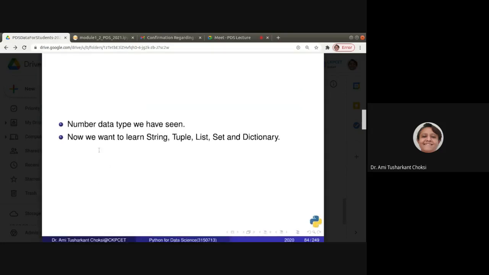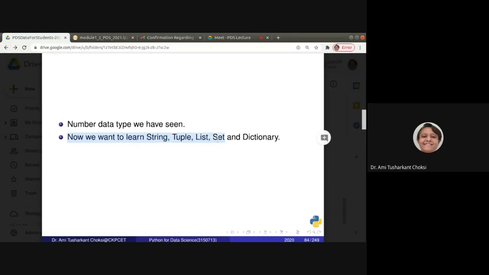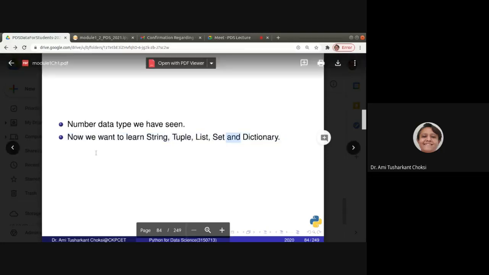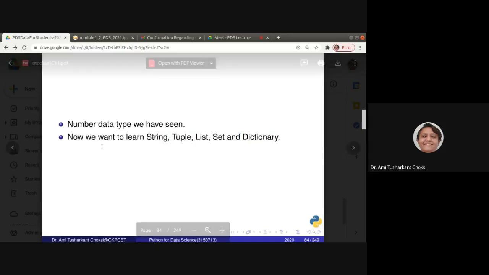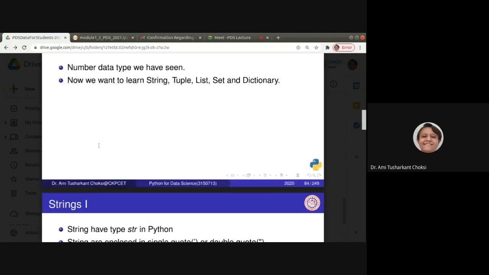Now we want to know some more: string, tuple, list, set, dictionary, right? These are very important data structures that are directly available in Python, which makes our life simple, isn't it? So let us see them.